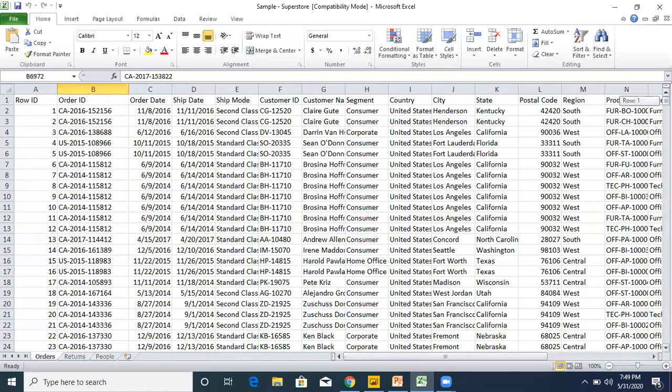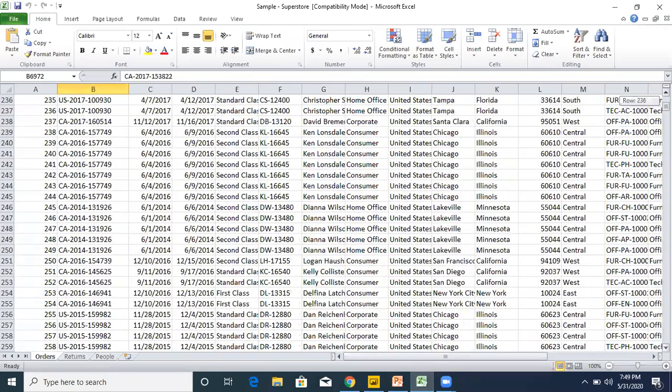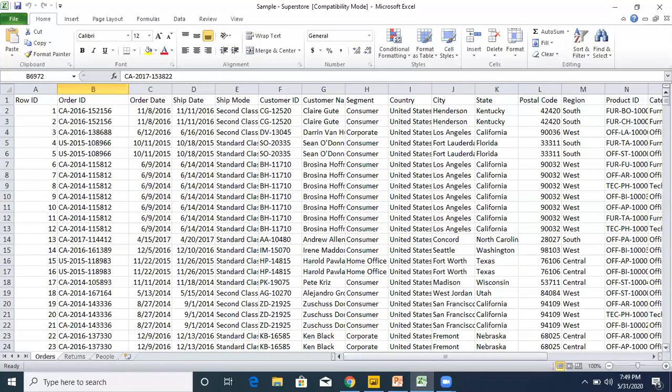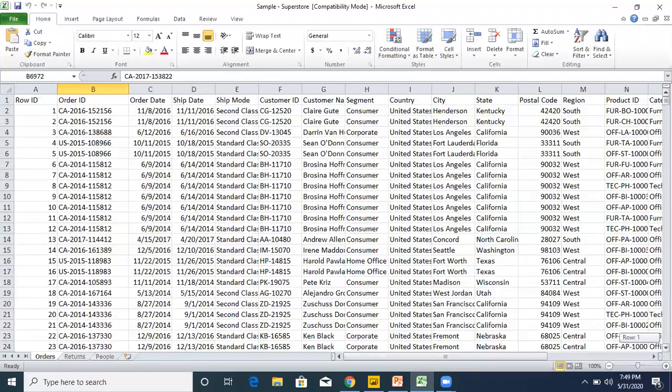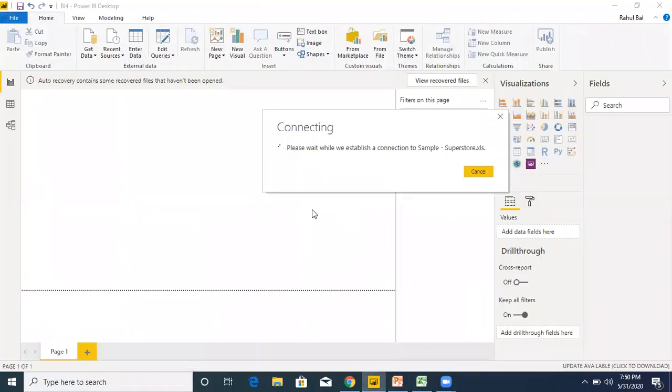A few columns are same in these tables. So around 10,000 rows are present in orders table. So first step is to load the data.